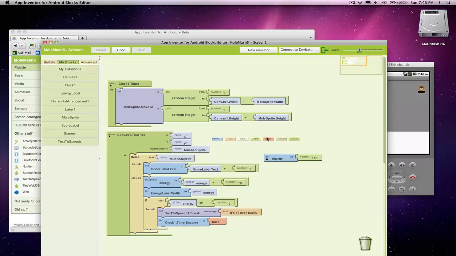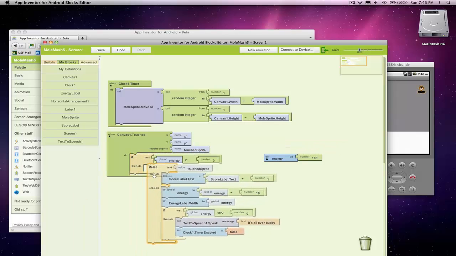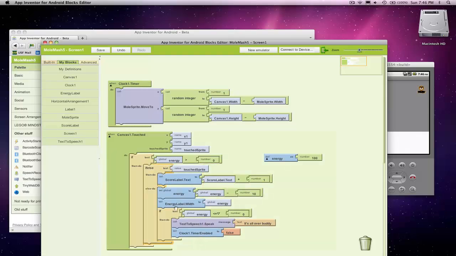So I could put an if statement around the whole thing. In other words, I'm just going to copy this guy and bring him over, but if energy is greater than 0, okay, so if I've still got energy,